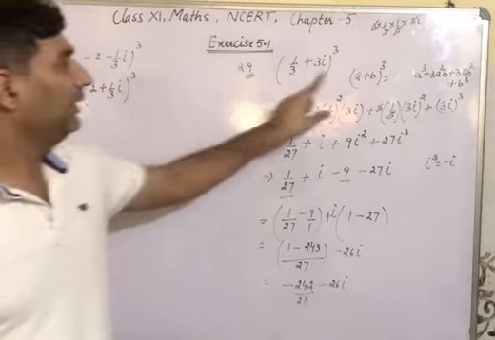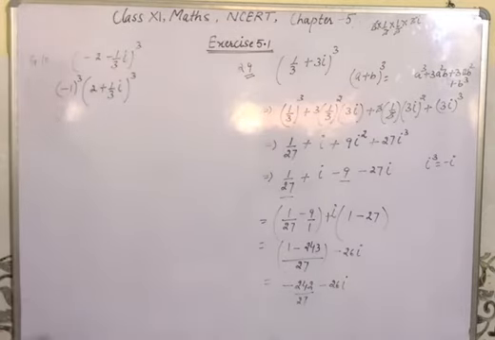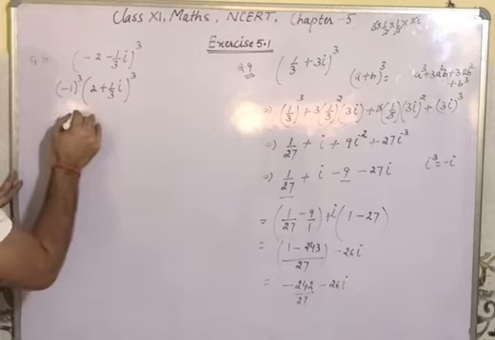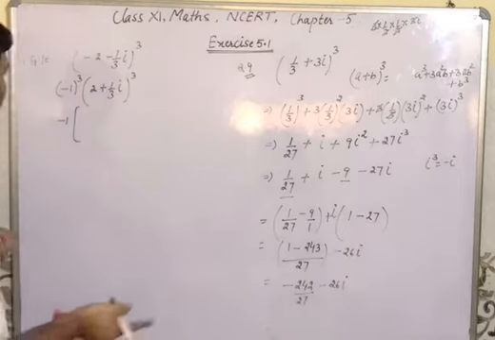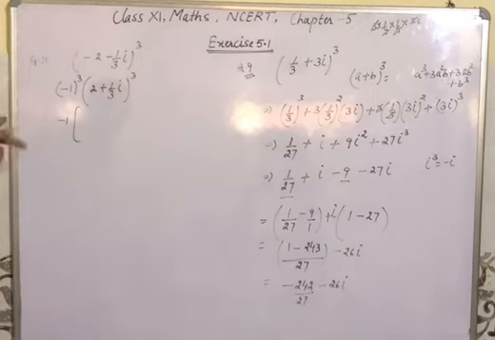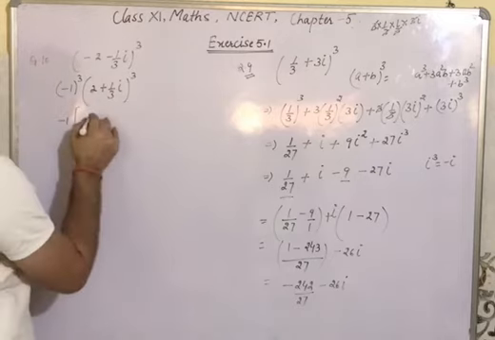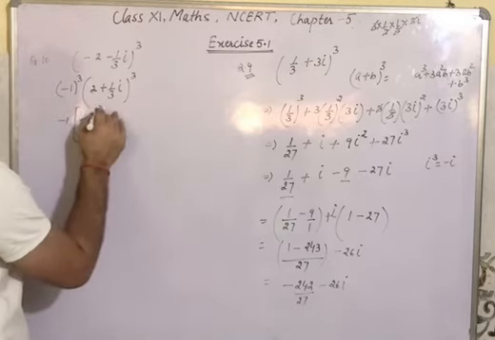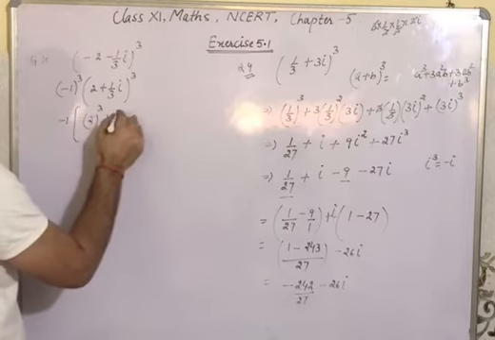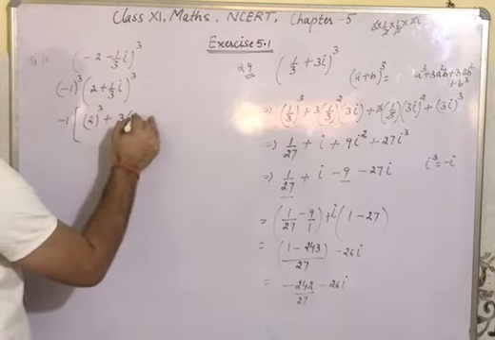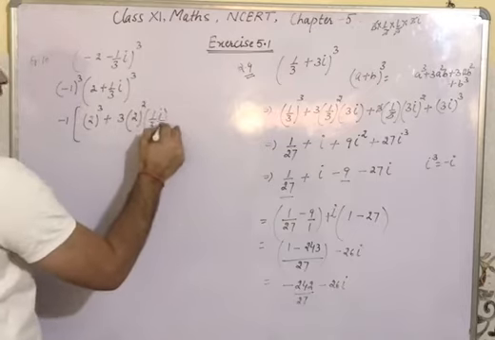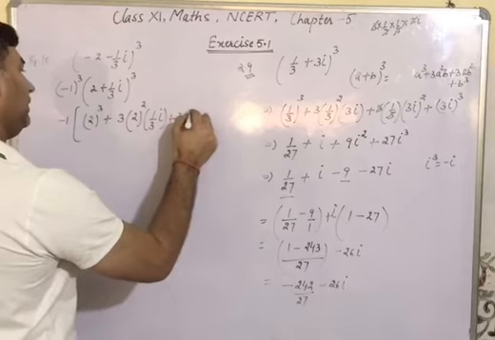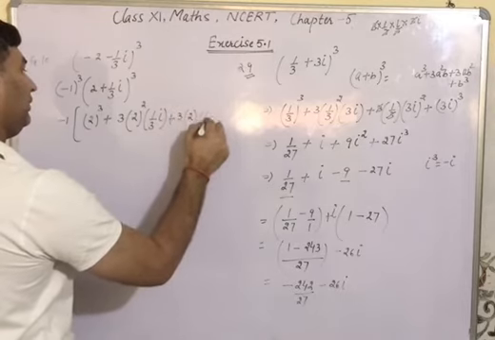Use this formula again, A plus B whole cube. This minus 1, this whole term, minus 1 into minus 1 into minus 1. This minus 1 into minus 1 is plus 1, plus 1 into minus 1 is minus 1. And then use this formula A cube plus 3 into A square B plus 3 A B square